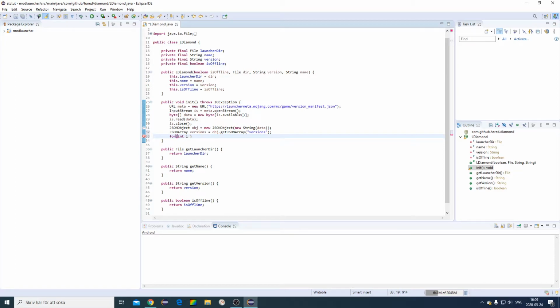And often, if you don't have a specific name, in this case I don't use a specific name, I call my integer I, and the identifier will only be viewable in the for loop, not outside it. So first I'm going to initialize it to 0, then I'm going to check if the I is